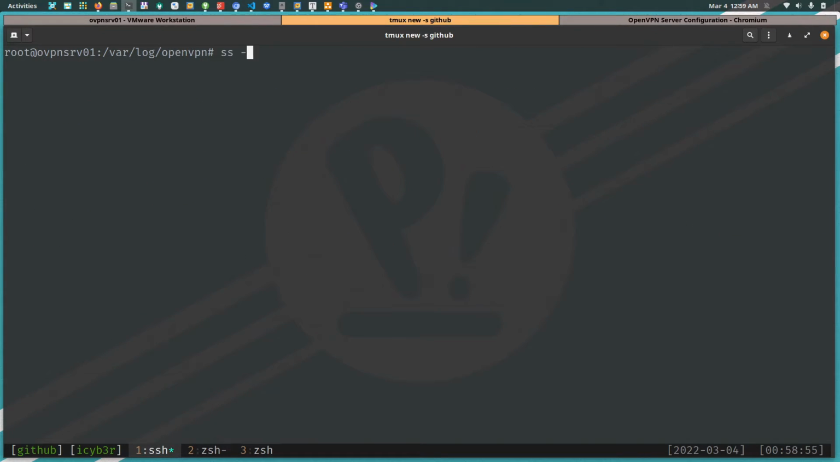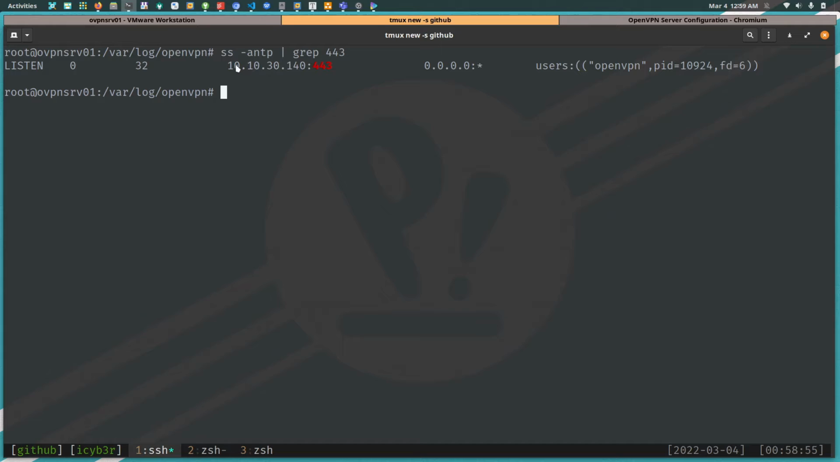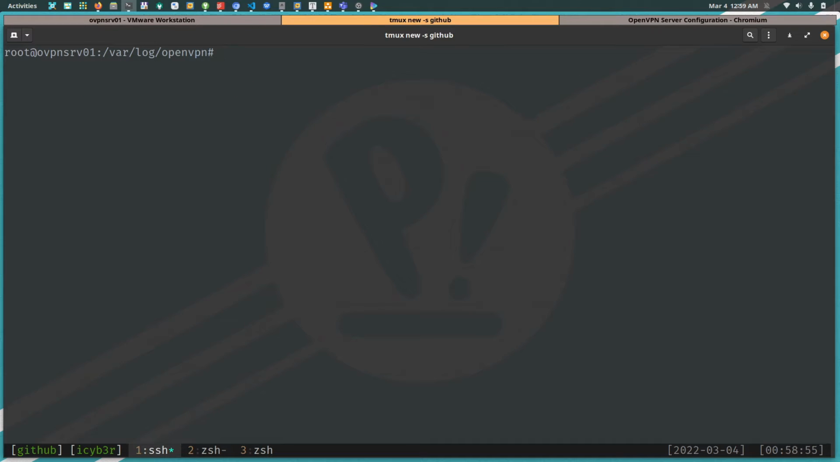Let me just check the network. netstat grep 443. Yeah, it's listening under this IP. So that means the clients need to connect and reach this IP and this port to be able to reach the OpenVPN server. That's it. So I think now we have done, but the last thing I need to do is create the